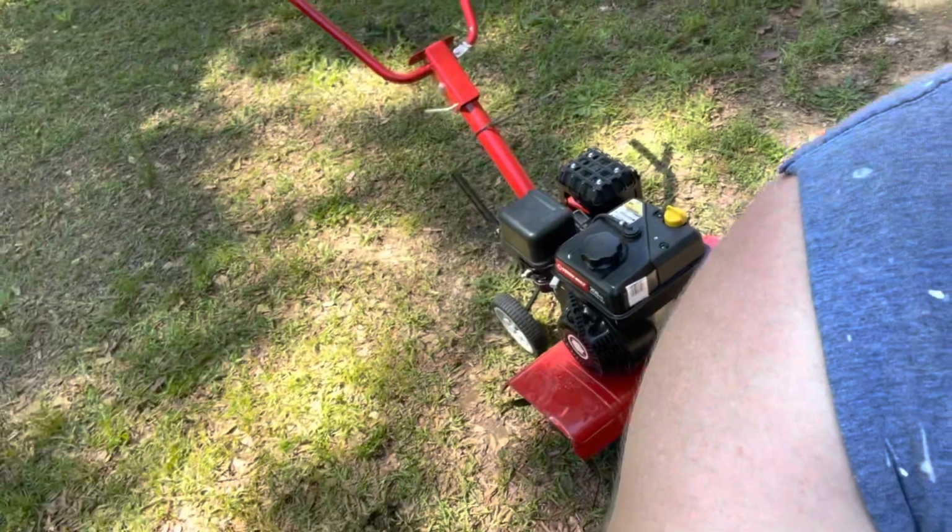So we are going to be using for the first time my new little toy that I bought. Can you even see it? There we go. It's the Troy-Bilt Colt FT front tiller. I used a Troy-Bilt last year. It was a little bit smaller. This one's a little bit bigger and it has expandable tiller blades that can go all the way up to